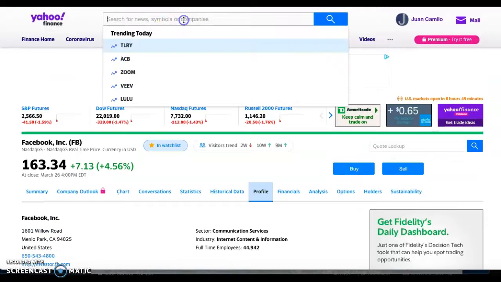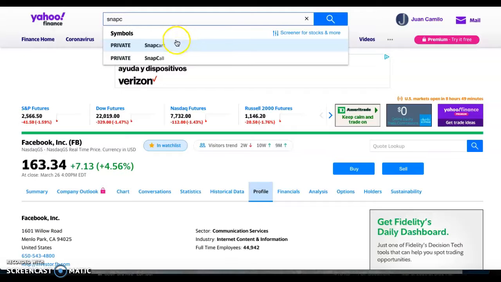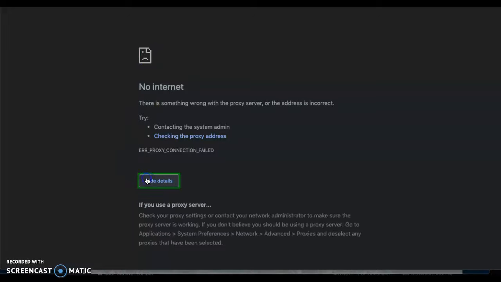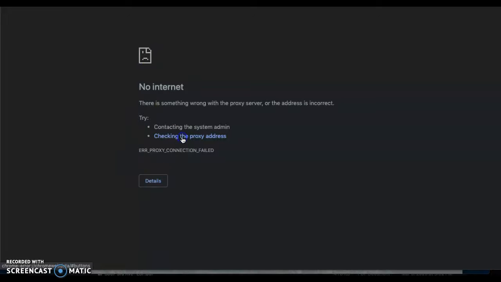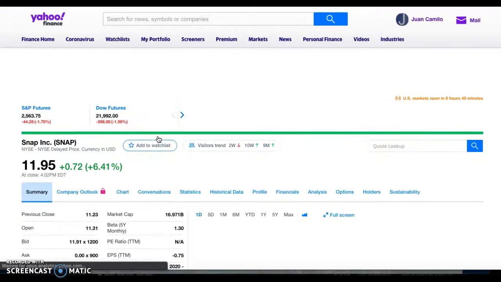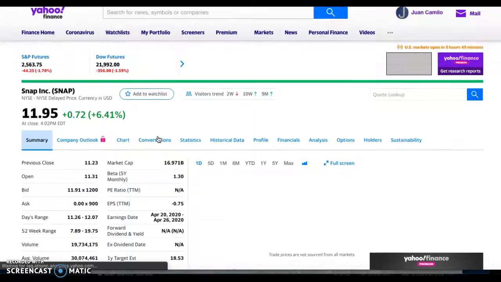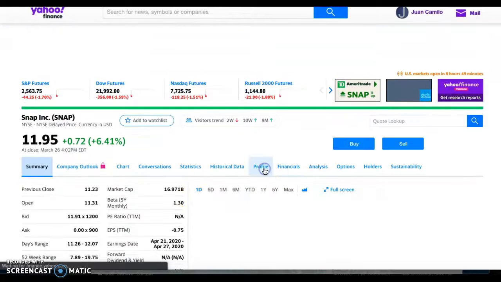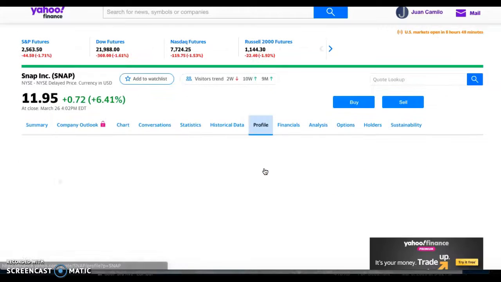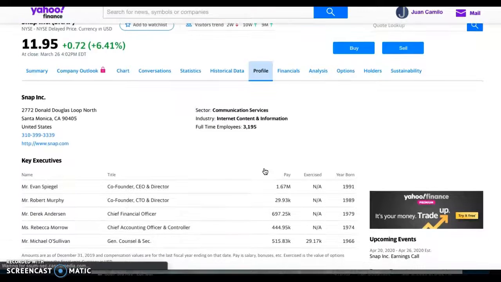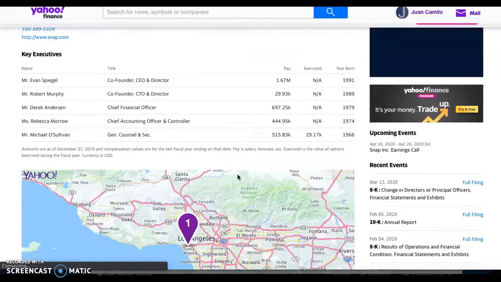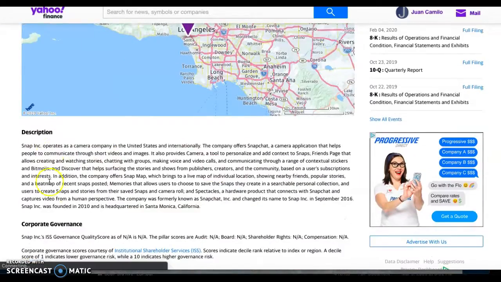Another example, Snapchat. All right, pardon the connection. Snapchat, go into Snapchat, profile, and I will have the company's information. All I need is an overview of the description,